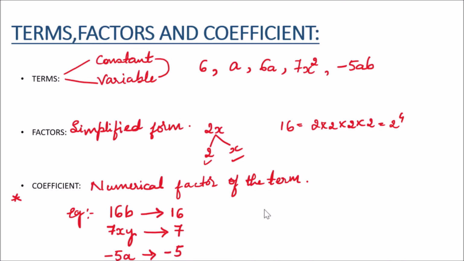Now, if there is an example like L is a term, isn't it? So, what will be the numerical factor of this? It is 1. There is nothing in front of the L, there is no number here in front of the L. That means it is 1L, will be understood. So, numerical coefficient of L is 1. If there is minus M, then what will you write? It is minus 1. Clear? So this will be your coefficient. This is important from the point of your examination. So what are the things we have learned now? The terms, the factors and the coefficient. That's clear?